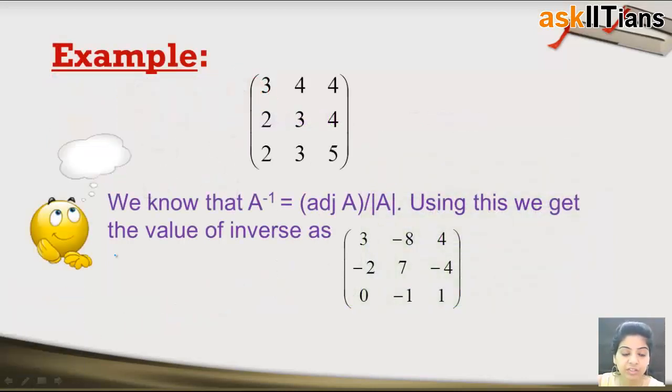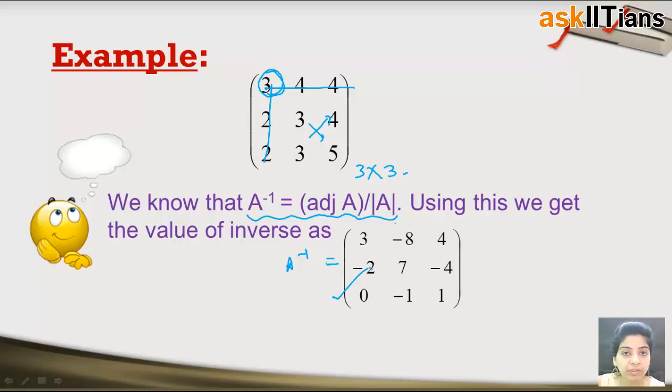Okay, now we have a 3 cross 3 matrix and you have to find the inverse of this matrix. We know the formula for inverse is A inverse is adjoint A divided by determinant of A. So what you can do is, first find the adjoint of A. How do you find the adjoint of A? You will have to find the cofactor of each and every element. You take this element, find the cofactor, cancel these rows, then this minus this. You must be knowing by now. So construct the matrix of cofactors, take its transpose, that will give you the adjoint. Then divide the adjoint by determinant of A, that will give you the inverse.